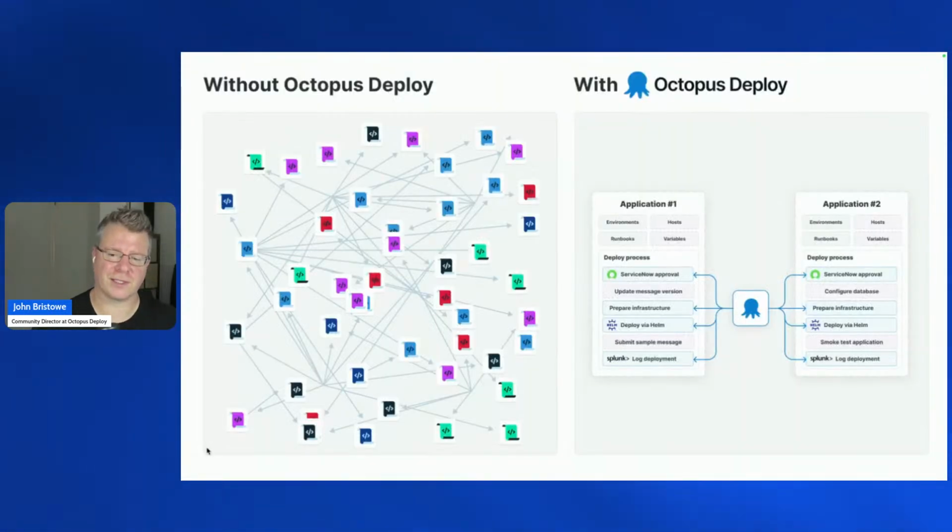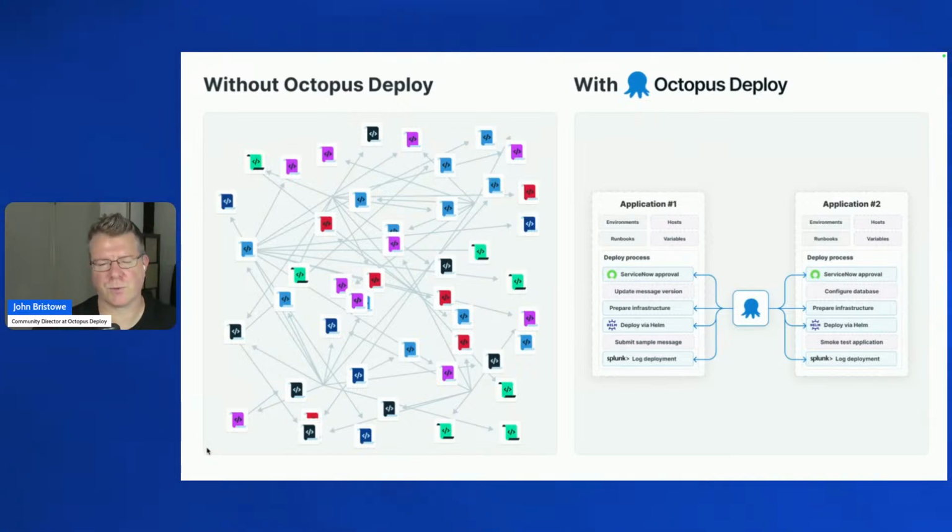Now, the reason for this is because oftentimes when utilizing a solution, it can be a challenge, especially around deployments. A lot of tools and technologies don't treat deployments as a first-class citizen. They actually leave it as an afterthought. And that can be really hard because, as you can see here, we have a bunch of different scripts that are used in a bunch of different ways.